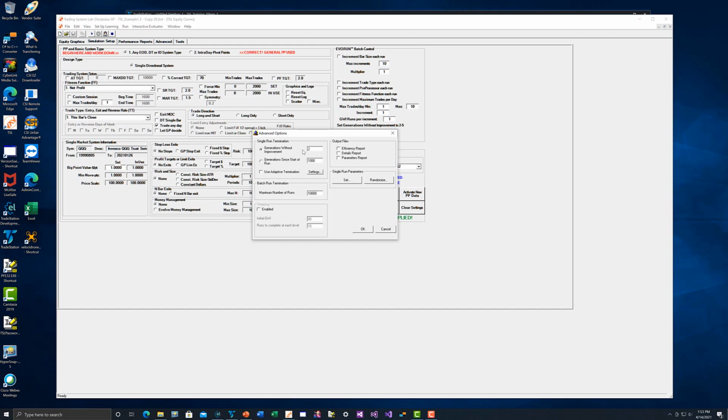So that's something to consider. Happy mediums are somewhere between 3 and 10 in my opinion, although I have some clients that find success with higher numbers and lower numbers. For the purposes of this demo, I like to use, say, number 2. 2 generations without improvement. So after the population has been consumed twice, then the run will iterate to the next